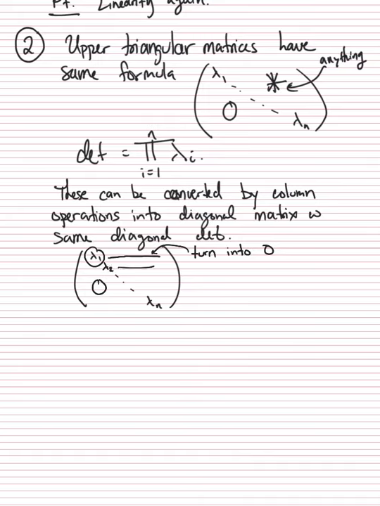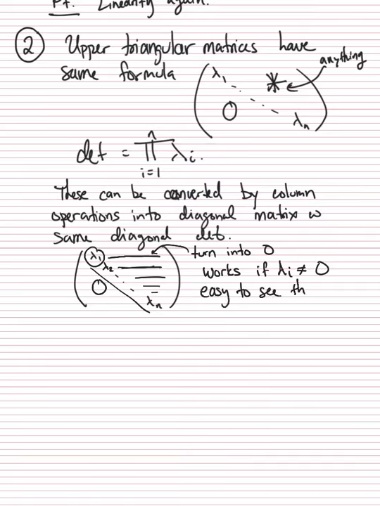You just multiply by the appropriate coefficients to turn all these into 0, and you haven't changed the diagonal. I should say that this works if the lambda i are not equal to 0, but it's also easy to check